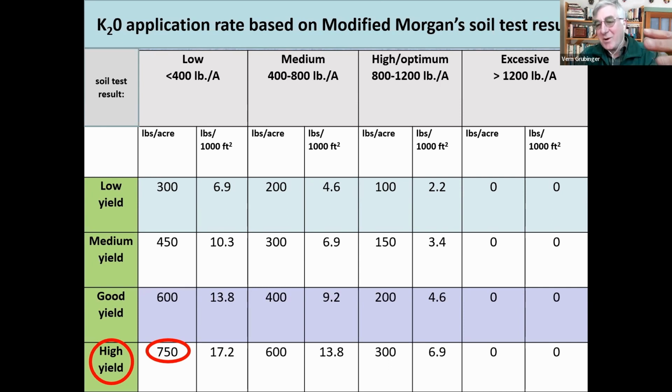So this is a lot to throw at you at once, but it's kind of the intellectual framework for the recommendations. What's in the soil with nitrogen? We're only giving a little credit for organic matter. It's complicated to test how much will be released over the whole season. So we just add some every year and we give a credit for how much will come off from the